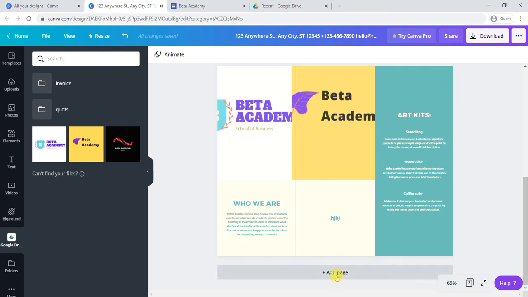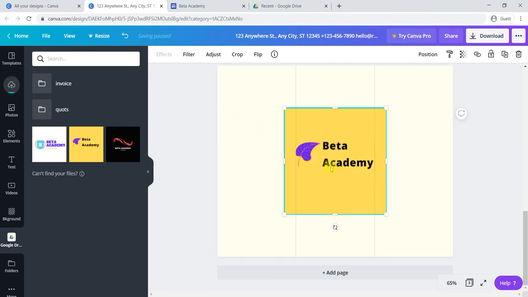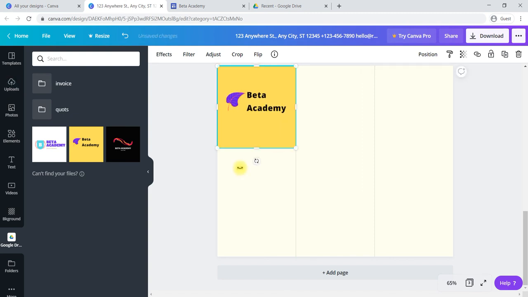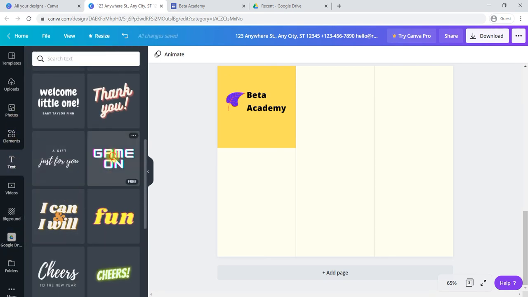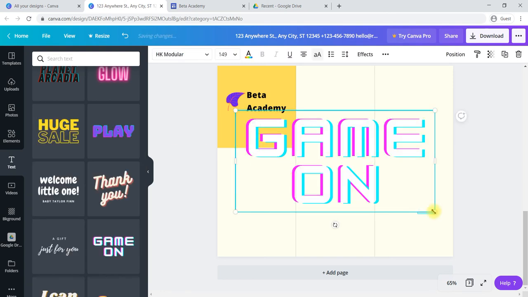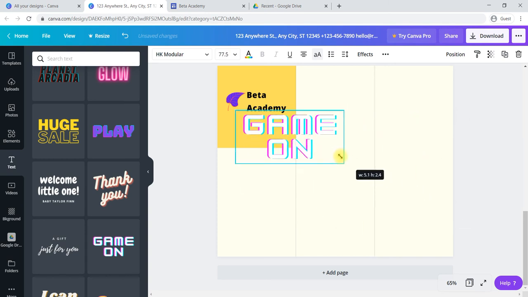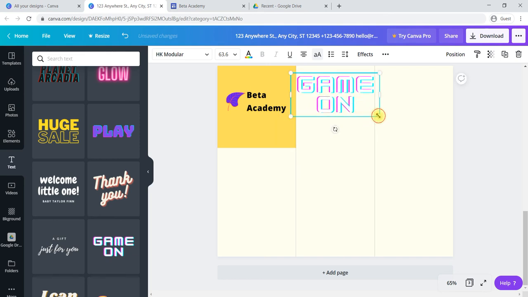If you would like to create your own, then add and create your own by selecting. Place your cell, and it will take some more time. If you are designing your own, again we have to go to Text to add text. For example, I would like to add this type of text. Added, resize again, corner and select. I will say like this. Like this we can create your own brochure also. The only thing is you have to practice.